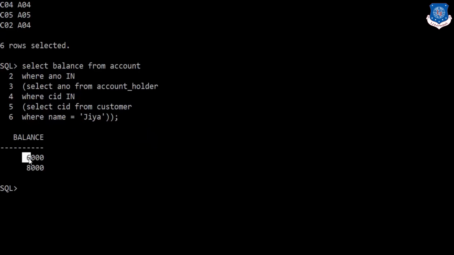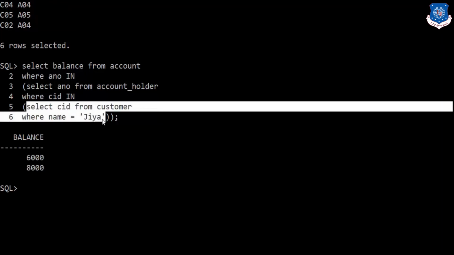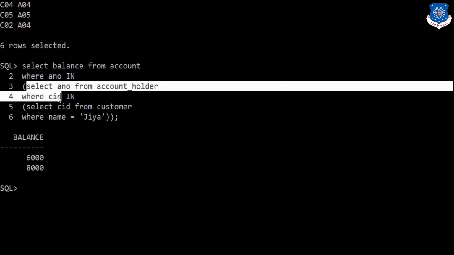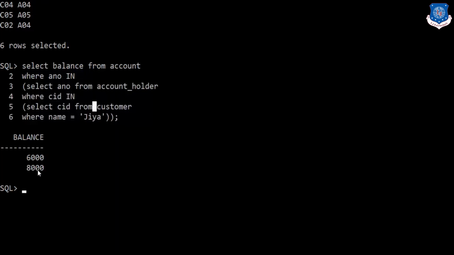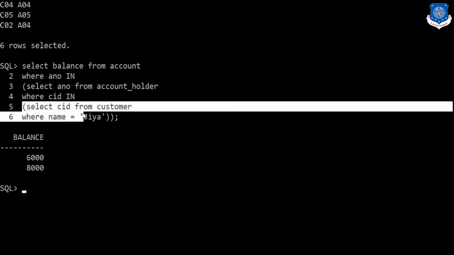I got two values for balance, which is 6000 and 8000. Here subquery is written within a subquery. We can call it as a nested query. Here the innermost subquery finds out customer ID for customer Jia.